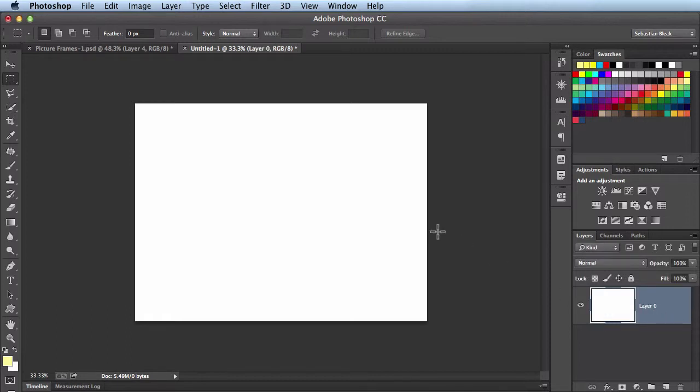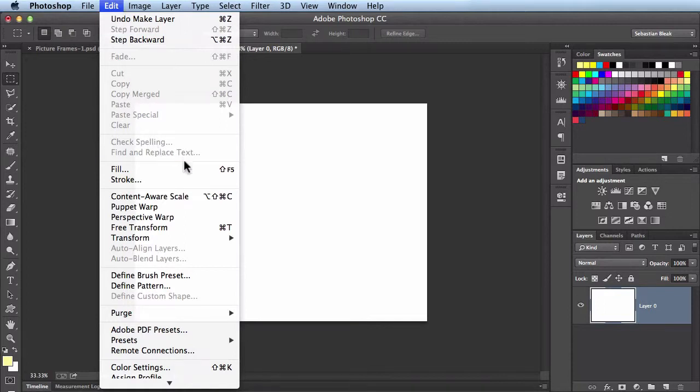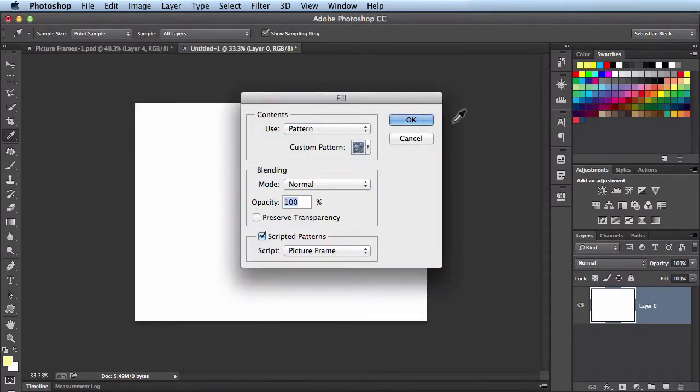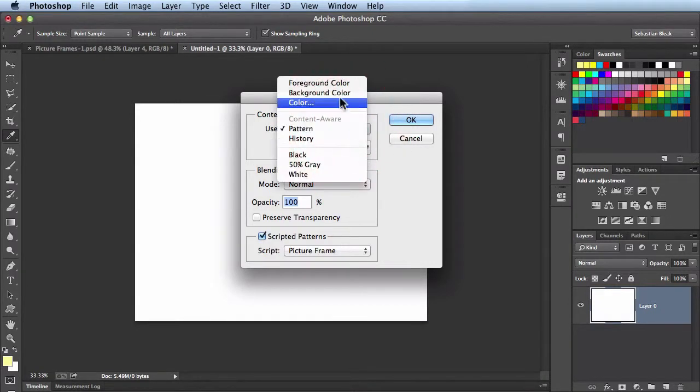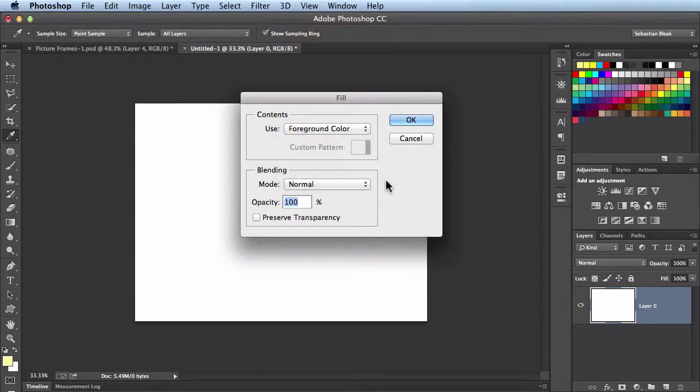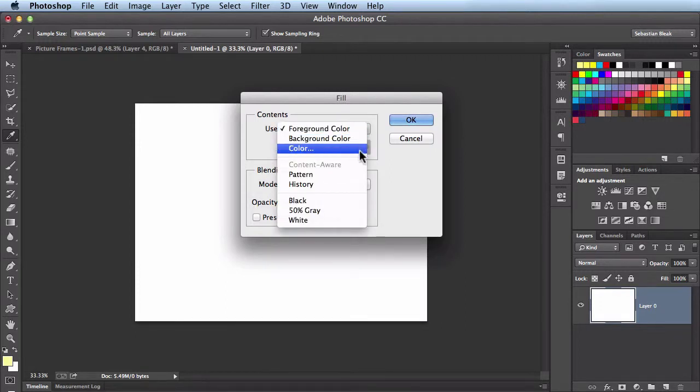Alright, so here on my artboard I have just basic white laid out here. You can do whatever color you like. And the new feature is found over here under Edit, and right here you'll find Fill. You click on that and you're greeted with this. If it's your first time visiting it, you actually might see it this way. It'll say foreground color. But in this drop down menu, you'll find your pattern, and once you click on that,